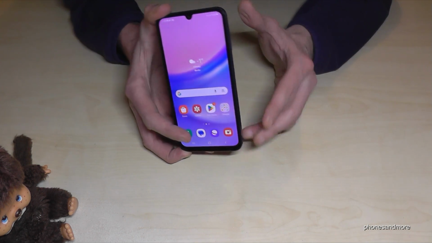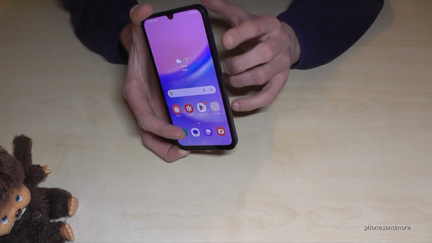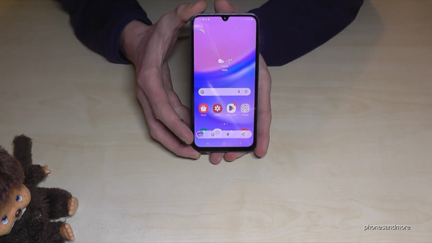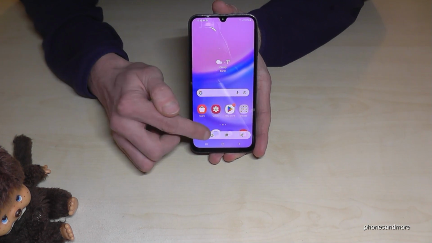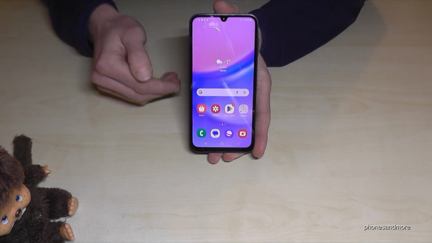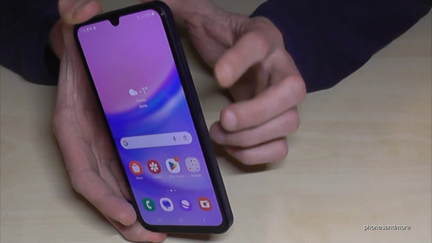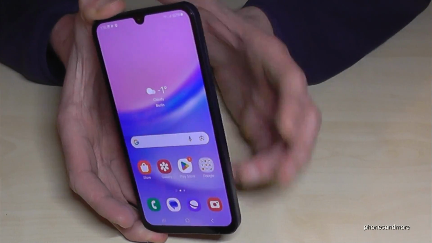It works with the buttons. So we will need the power button and the volume down button. Press these both buttons just for short together and you're having a screenshot. After you can see the preview, you can edit the screenshot or you can share it directly with WhatsApp, Telegram and so on. So one more time, the power button and the volume down button just for short together and